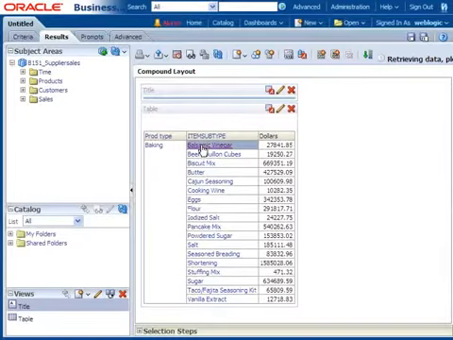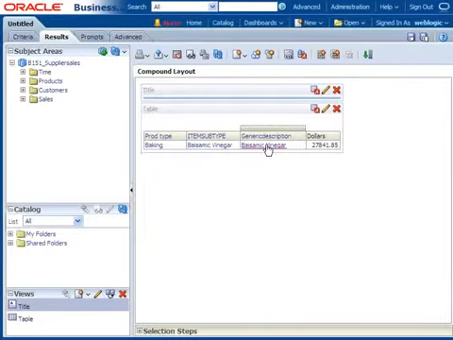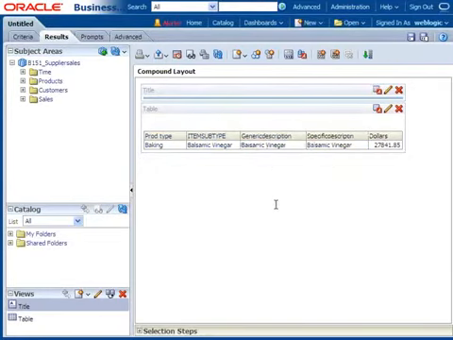Now I am clicking on Item Subtype. It should go to the next level, that is Generic Description. If I click on Generic Description, it should go to Specific Description. If I try to click on the Specific Description, it is not allowing me, right? Because all levels are completed.